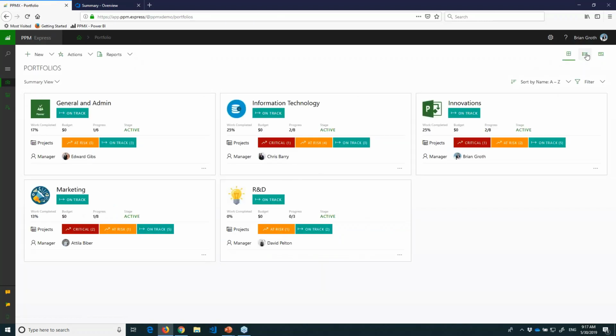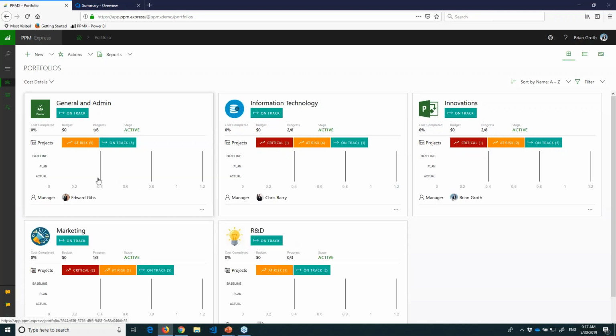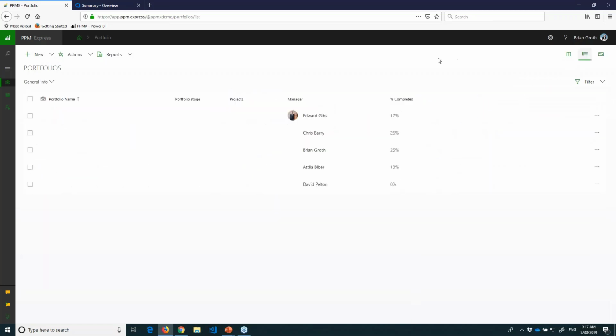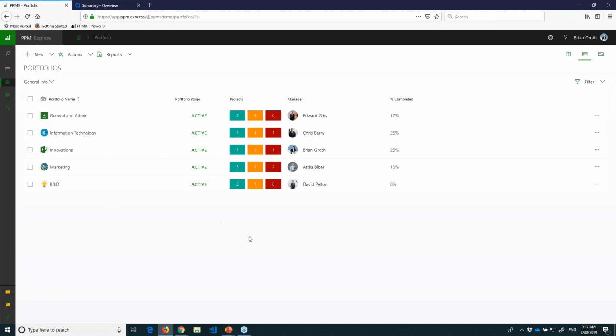There are multiple views that we provide for portfolio management. Definitely, you have a tile view here. Some executives might say, okay, I want to see cost information, so that will load. If there is cost information defined on the budgets on the portfolio, you can see that information. The second view is the list view, which is very convenient if you have multiple portfolios, where you can see the percent complete,